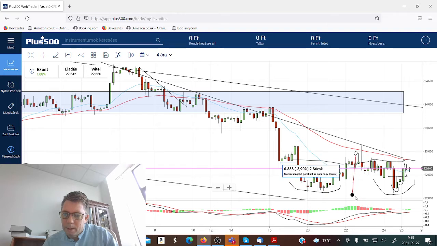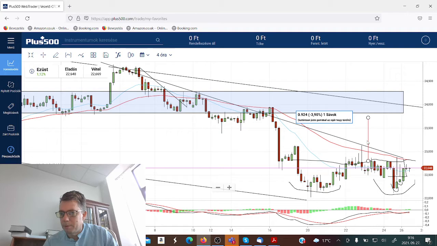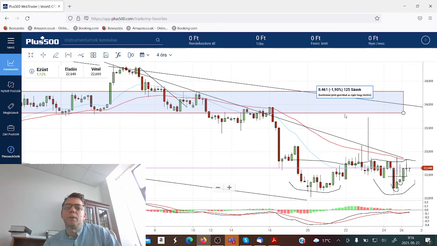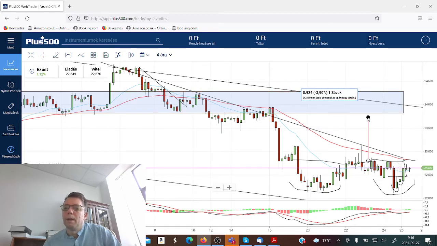Let me try. Yeah, so from this wick to the top of the wicks, and then put it on the neckline. I think we are going to get to this area here, and the target price is, let's see